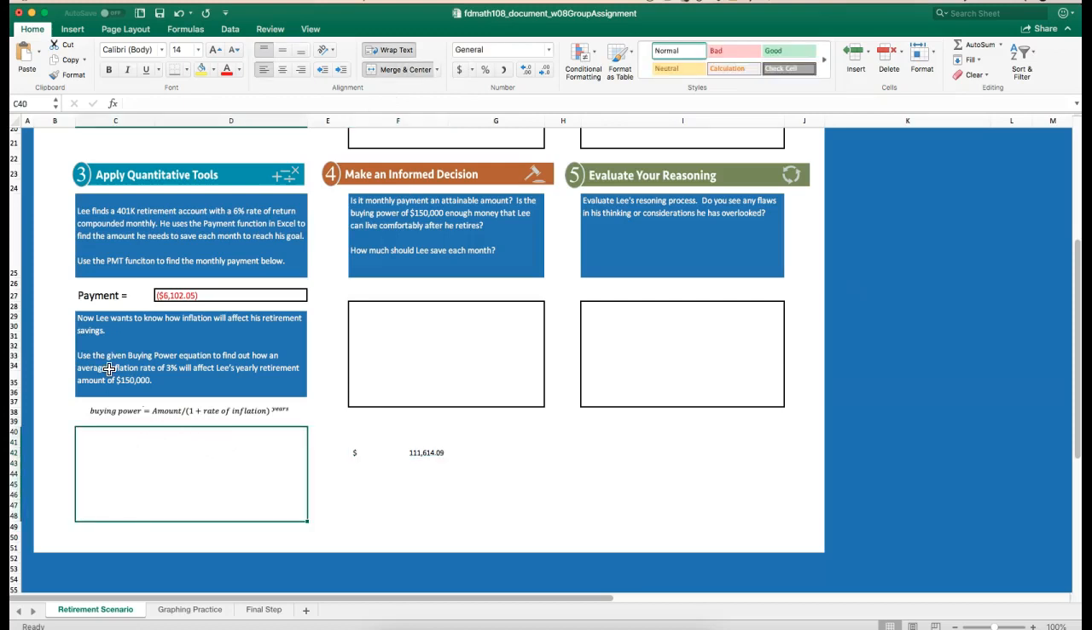Don't just give the number. Make sure that you discuss how the inflation will affect his retirement as he's drawing out